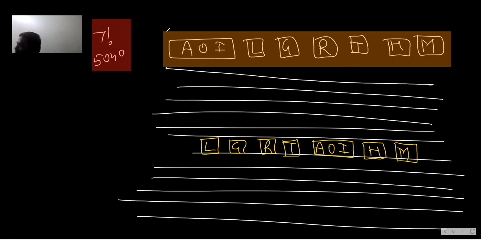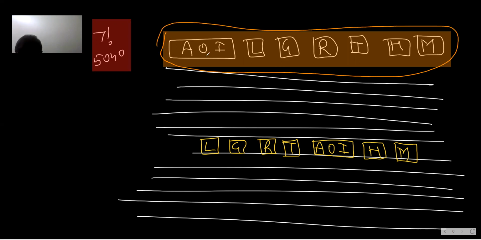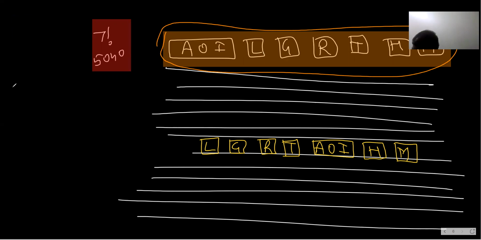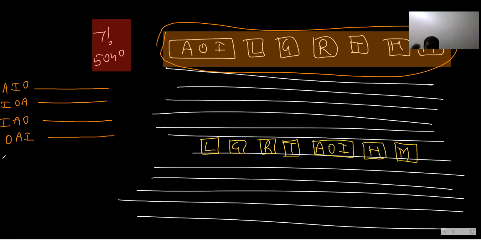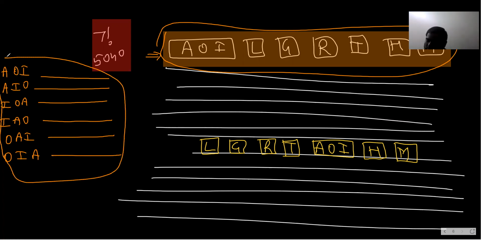देखो ए ओ आई, अभी तुम सिर्फ इसको देखो, ये क्या है, ए ओ आई एल जी आर टी एच एम। ये तुम्हारा ऐसे भी हो सकता है, ए आई ओ एल जी आर टी एच एम, आई ओ ए एल जी आर टी एच एम, आई ए ओ एल जी आर टी एच एम, ओ ए आई एल जी आर टी एच एम, ओ आई ए एल जी आर टी एच एम, और इसके पहले था ए ओ आई एल जी आर टी एच एम। तो तुम देख सकते हो एक के लिए 6 बन रहा है, बोलो बन रहा है कि नहीं? एक के लिए 6 बन रहा है, तो दूसरे वाले के लिए भी 6 बनेगा, तीसरे के लिए भी 6 बनेगा, चौथे के लिए भी 6 बनेगा। जब ए ओ आई इधर है फर्स्ट में, तो 6 बने। देखो अभी ए ओ आई इधर है, तो इसके लिए भी 6 बनेगा।